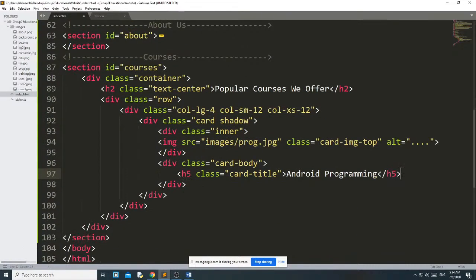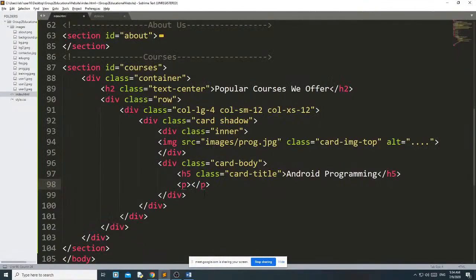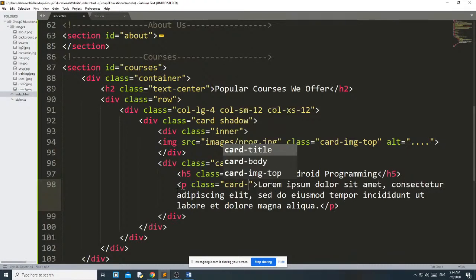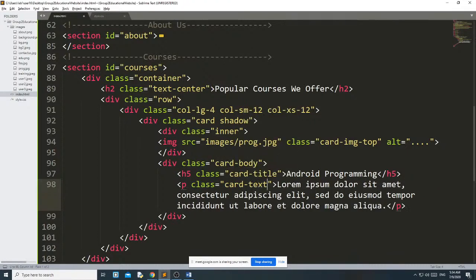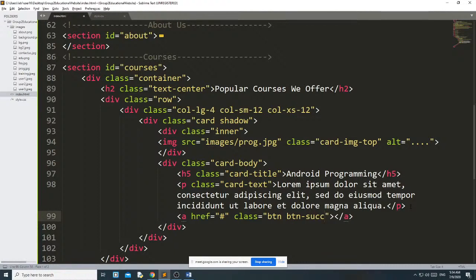Okay, then I have the paragraph, this paragraph, this is card-text. Okay, and then I have the button, href nothing, class btn, then btn-success. This is the color of the button.